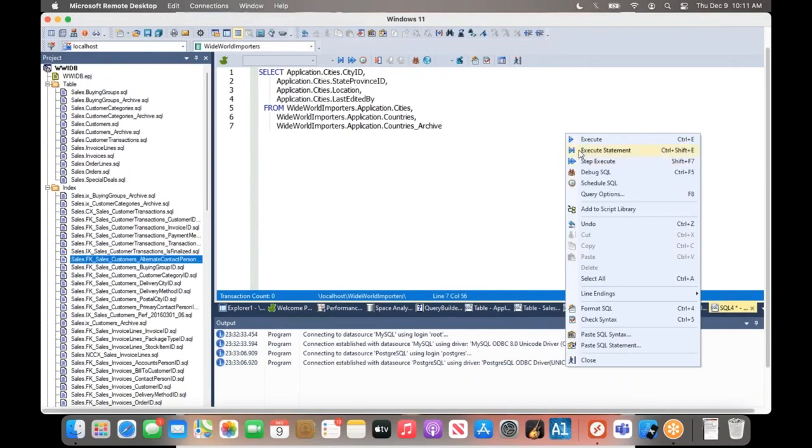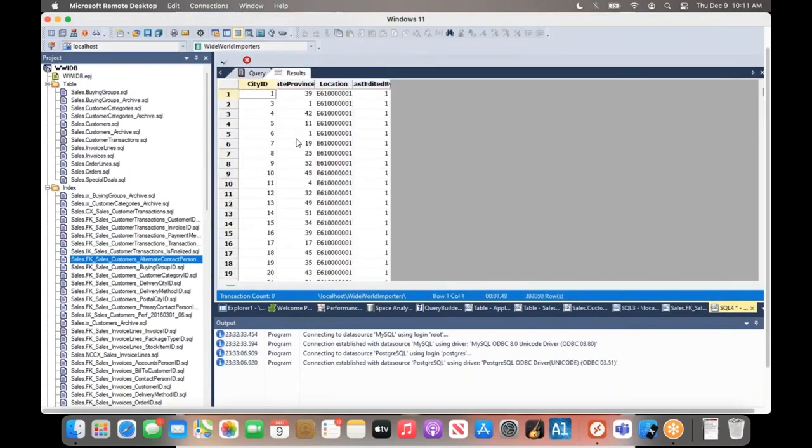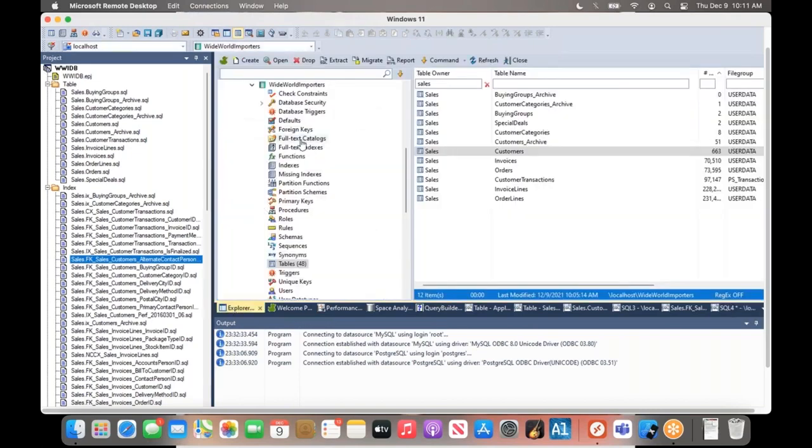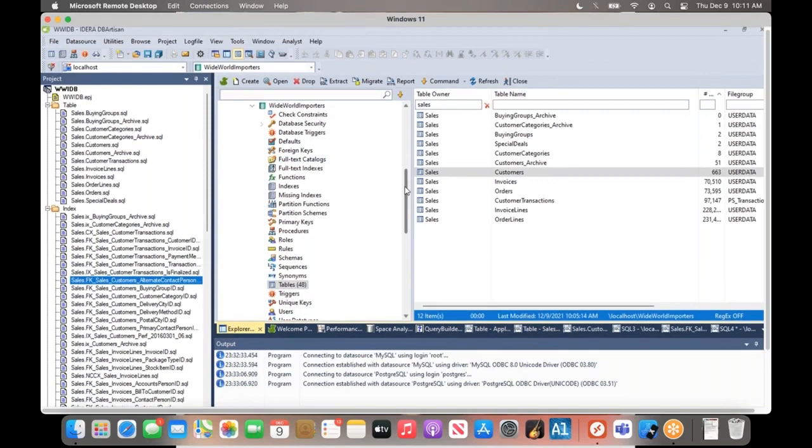So now I can go ahead and execute this statement, and this gives me the result set. It's going ahead and getting me all of these rows, and once it's done with it, it'll stop. And now what I can do is go back to DB Artisan here, and then